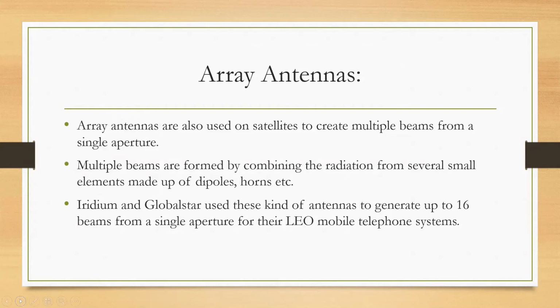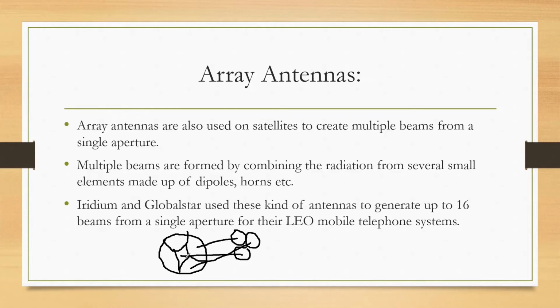Normally what is happening is, if you want to have a communication, say this is my coverage area, and I want to have a separate communication with every area. So definitely I need to have a different frequency and a different sending. So you need to have an array of antennas which could be communicating with each area. So it is also called multiple beams. Instead of one beam, you have multiple beams, this beam communicating with this area, this beam communicating with this area, this beam communicating with this area.